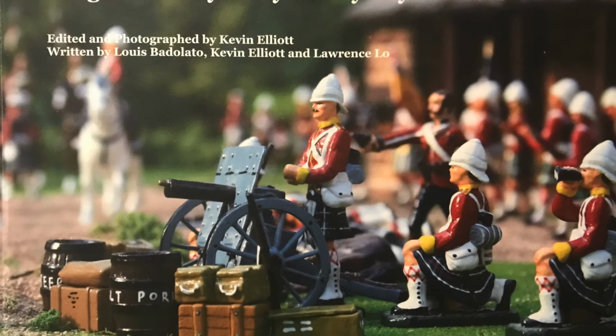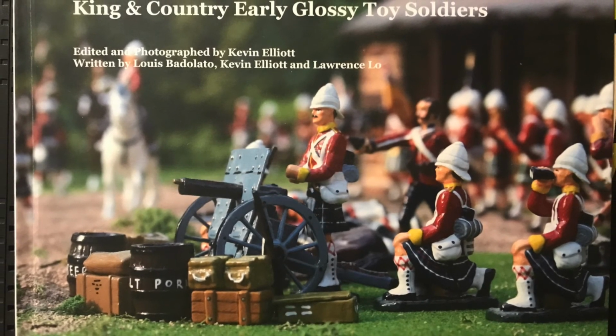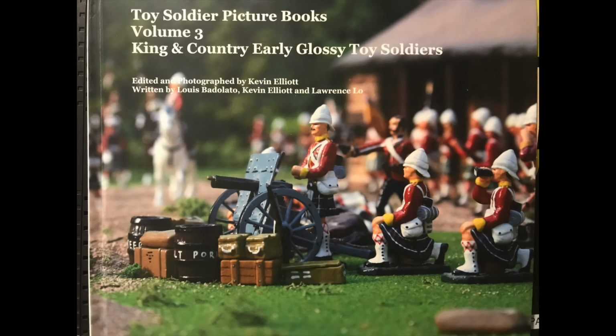Here's another coffee table book. It's only available at blurb.com, a self-publishing site. The authors did a number of these books on the early sets by King and Country. This volume has a price and set numbers for some of the sets I own. I think there are half a dozen or so volumes, but check out blurb.com if you collect early and gloss